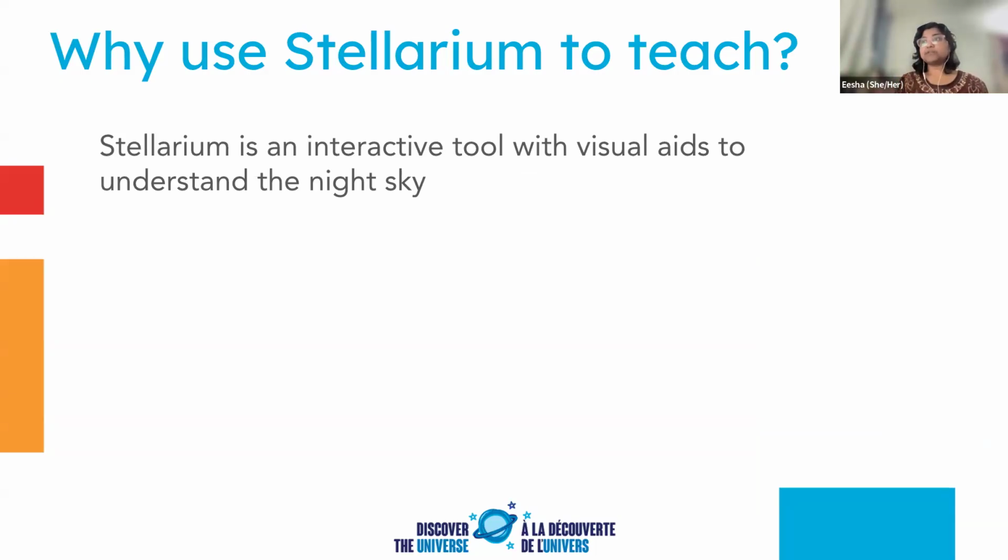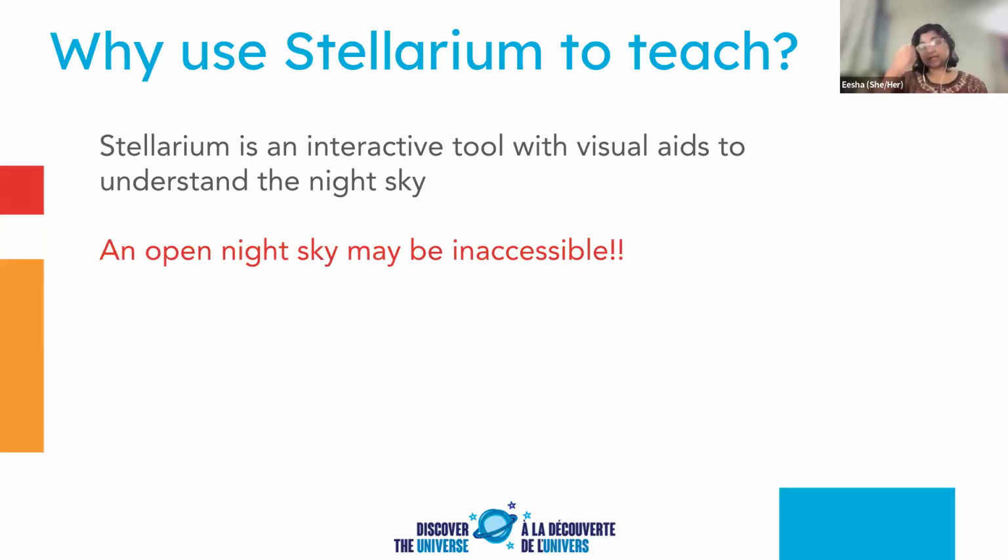However, there's also the fact that an open night sky might be inaccessible. You might not be able to physically go out into a field or get a horizon to horizon view of the night sky. A lot of us might be living in cities with light pollution or high rises, which makes this a